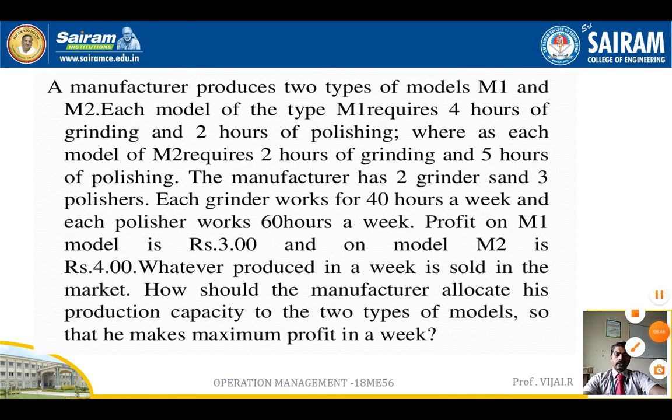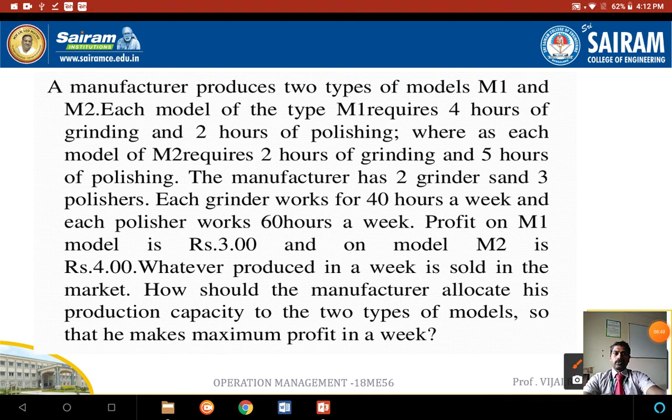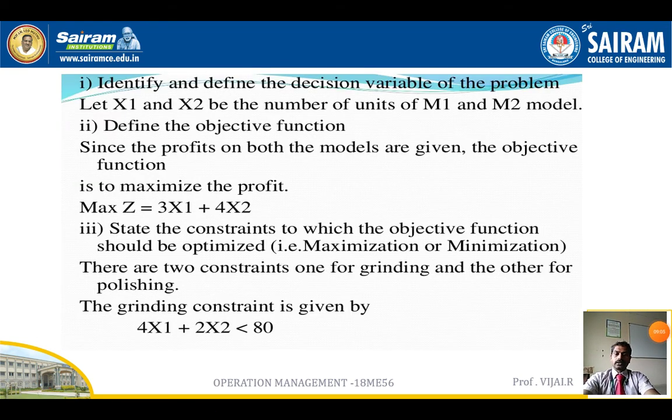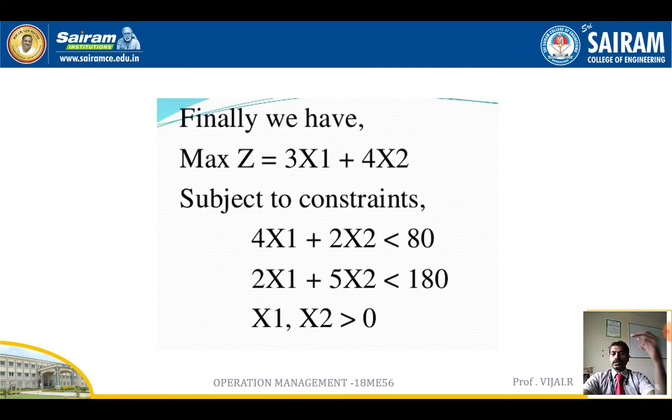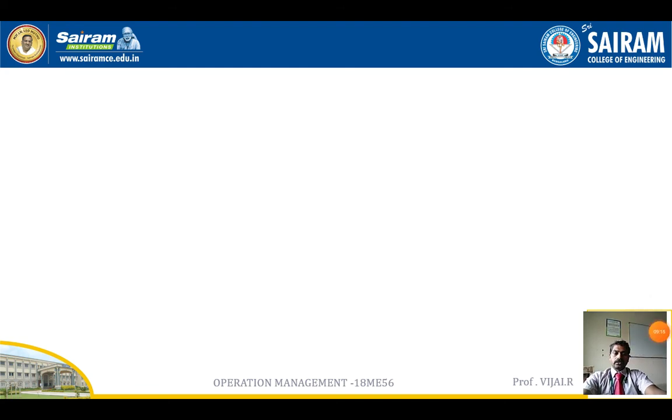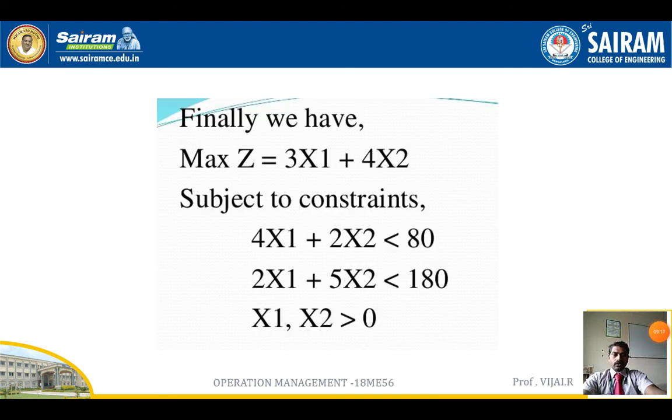Normally they will give equations, but here they give M1 4 hours of grinding and 2 hours of polishing, and 5 hours of polishing, like that. By using these hours we make equations, and we form them like this: maximizing the profit Z with these constraints. So finally we will have this, and using it we have to calculate